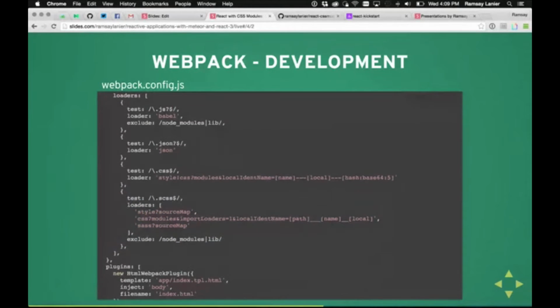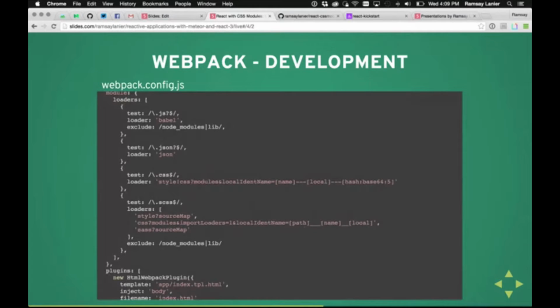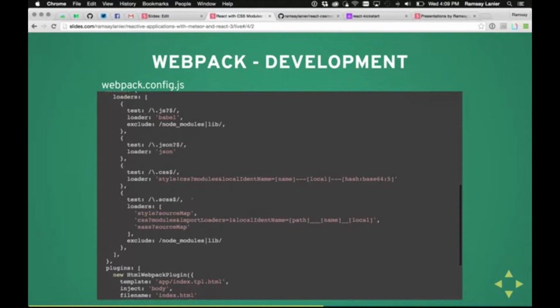So we're using Webpack loaders, and basically what's going to happen is Webpack's going to look for any file that's got a Sass extension, SCSS, and then it's going to run through this loader. We're going to get source maps, which are very, very powerful. And it's going to run through and basically create CSS. It's basically going to create classes for us based on a file, based on the path, the file name, and then a local variable. So you can see, and you can modify this if you want, if you don't want underscores or whatever. This will make more sense when I actually go through the output. But this is really the heart of the setup here.